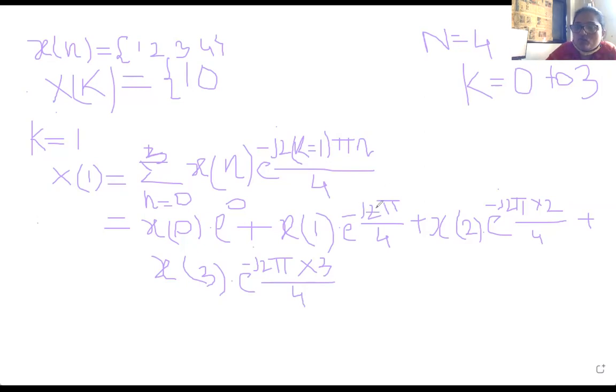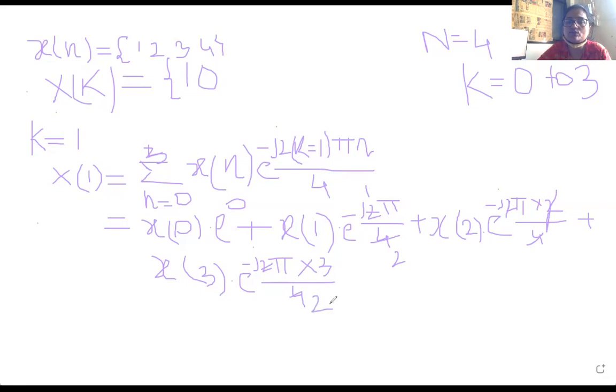So now what I'm going to do is further optimize or reduce the equation. I'm going to reduce these exponential terms. Here e raised to 0 is 1. In the numerator 2 is present and in the denominator 4 is present, so I can reduce this. 2 1s are 2, 2 2s are 4. So the equation will be just x of 1 e raised to minus j pi by 2. Similarly, 2 2s are 4 and this 4 will be cancelled, and again 2 1s are 2, 2 2s are 4.